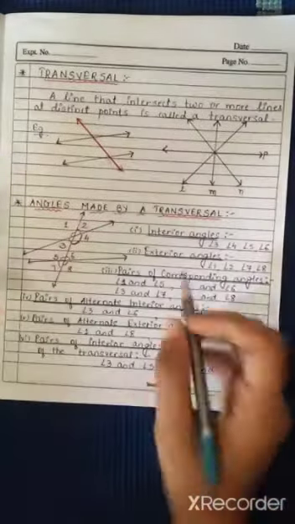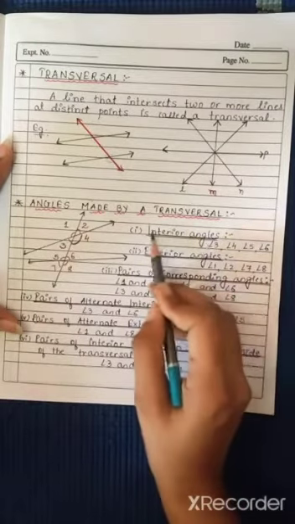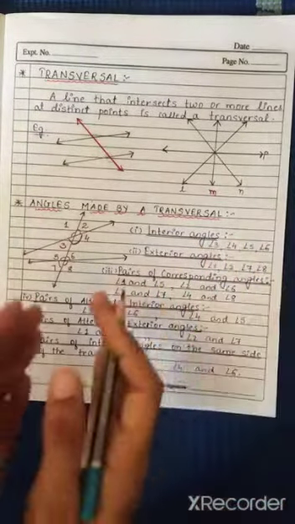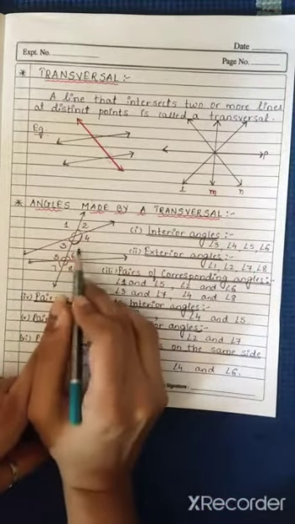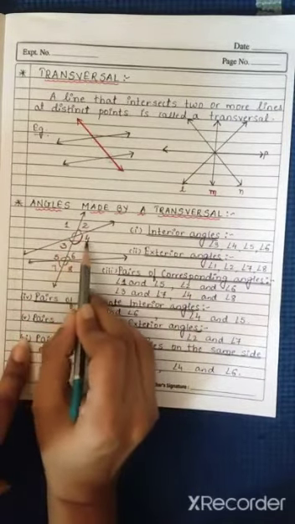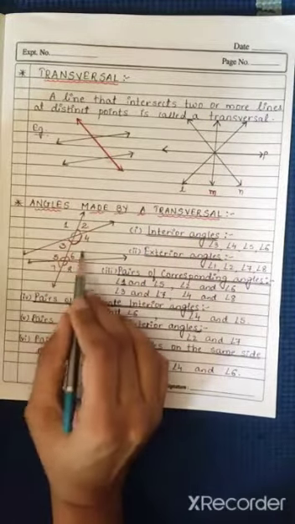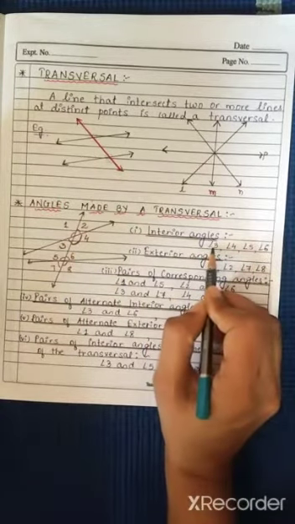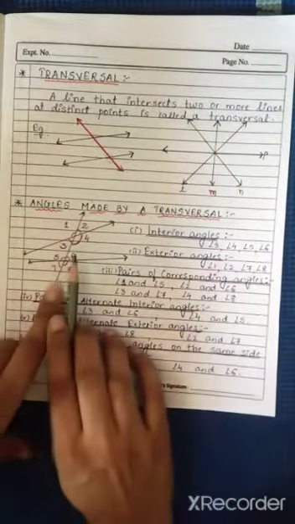So there are 8 angles that have been formed. Now all these angles have their special names, so we need to understand those names and their meaning. Let's try to understand. The very first is interior angles. Interior, the name itself suggests its meaning. Interior means the one which is on the inner side, in the central side. Which angles are interior in this figure? We can see that 3, 4, 5 and 6 are the interior angles over here. They are in the interior region of this figure. So interior angles will be 3, 4, 5 and 6. This is the symbol of angle. I hope you all know this. So angle 3, angle 4, angle 5 and angle 6 are the examples of interior angles.